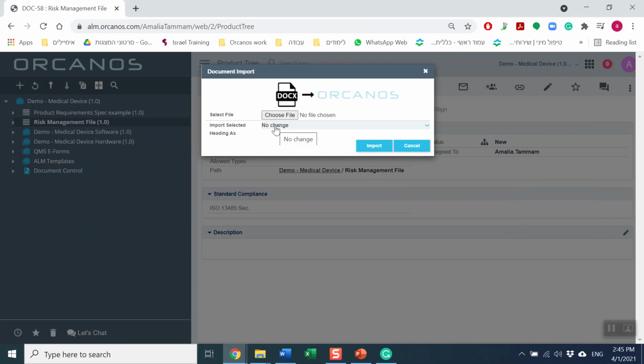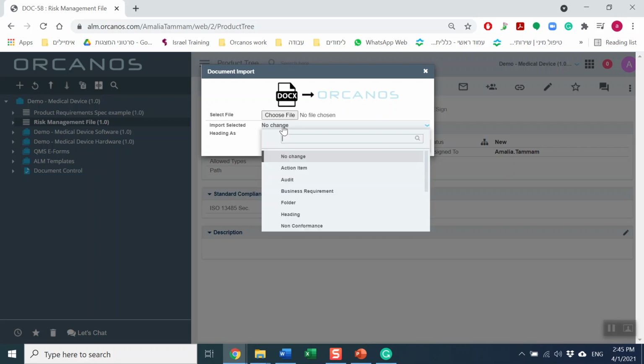Now, when you upload a Word document, you need to decide what type of work item you'd like to include within the document. If your Word file only includes headings and paragraphs, there is no need to choose a selected work item. However, most documents will include a specific work item, such as user requirement.